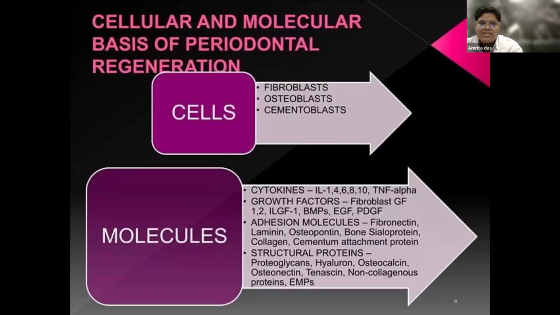Now, cells and the molecular basis of periodontal regeneration. There are various kinds of cells which help in the development of regeneration. The regenerative cells are fibroblasts, osteoblasts, and cementoblasts. And molecules are also there. These molecules are cytokines, interleukin 1, 4, 6, 8, 10, TNF alpha, growth factors, fibroblast growth factor 1, 2, BMPs, PDGF, adhesion molecules, collagen, cementum attachment proteins, and certain kinds of structural proteins, which are proteoglycans, hyaluronic acid, osteocalcin, osteonectin, tenascin, and certain kinds of non-collagenous